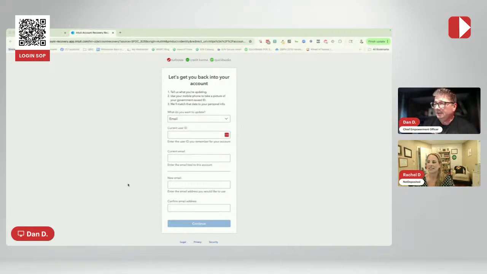So here's part of the challenge. We want to make it as difficult as possible for fraudsters to get through this vulnerability. Because all they need is a fake ID and your email address, and what happens after that is, when your identity is verified through that ID, Intuit will send a password request to the new email.